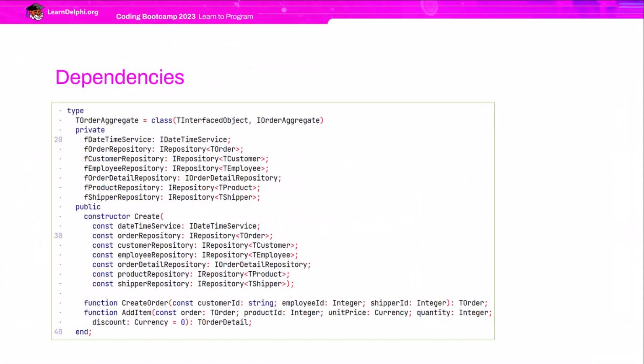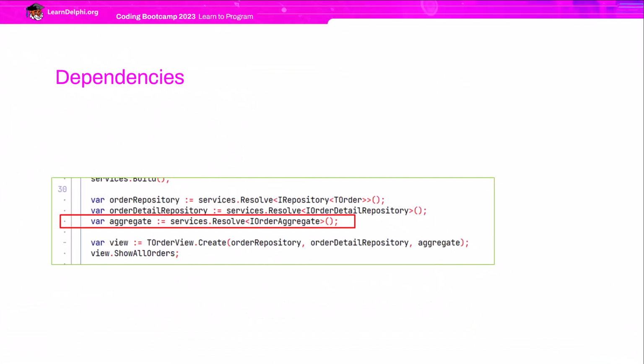The TOrderAggregate class depends on several other classes, all registered in the container. Consider this example on the marked line. When the container resolves iOrderAggregate, it will create instances corresponding to all the classes declared in the TOrderAggregate constructor, along with the dependencies of these classes, and inject them into the corresponding constructors.